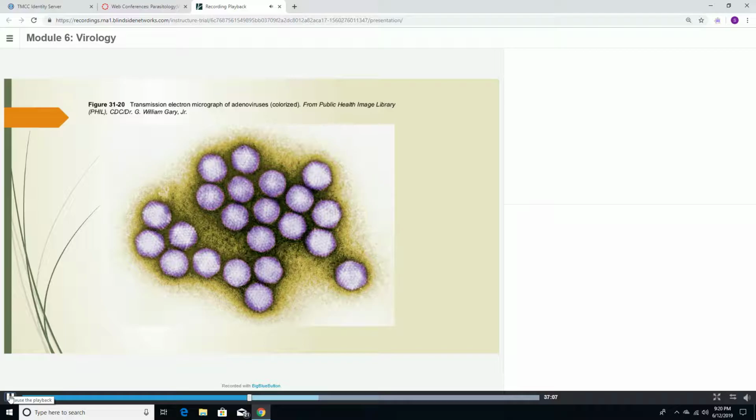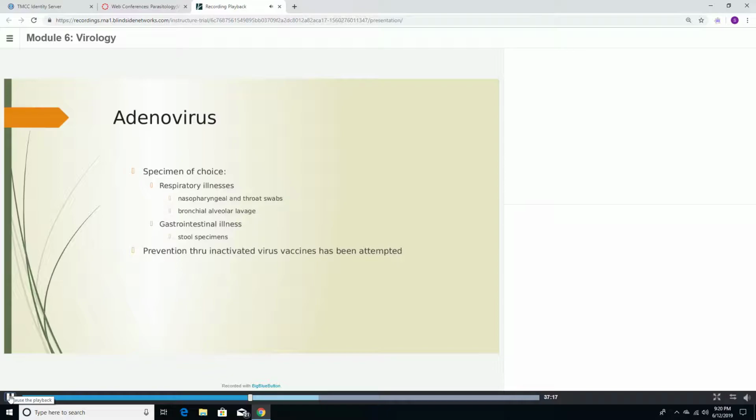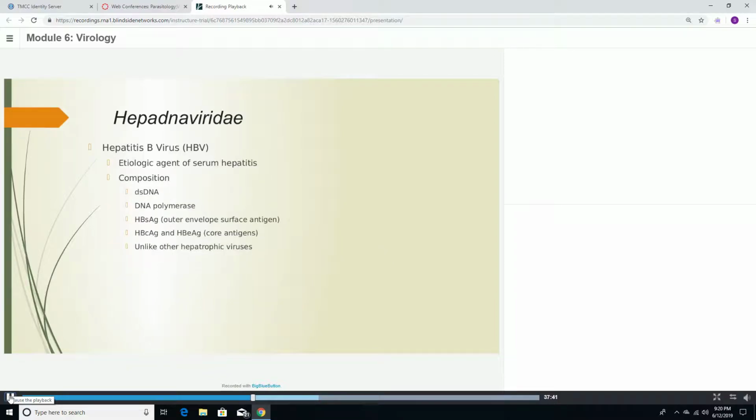Here is a transmission electron micrograph of adenovirus, and it's colorized. So this is just something that you could see only if you work in a public health lab. It's not something we generally see in a regular laboratory. With the adenovirus, the specimen of choice is going to be a nasopharyngeal or throat swab or a bronchoalveolar lavage. For the gastrointestinal illnesses, stool specimens are going to be collected, and then we could prevent this virus through inactivated virus vaccines. It's attempted, but it's not a sure treatment